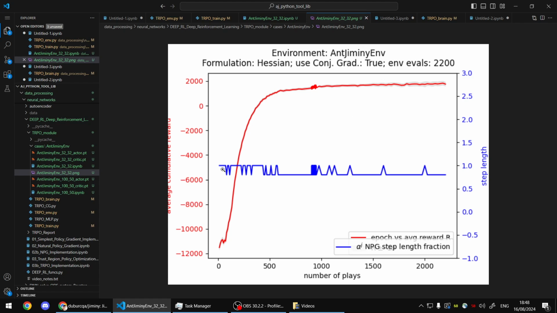You can also notice that TRPO is triggered, so it doesn't use the NPG step, it makes one step closer to the original parameters each time. Maybe I'm overestimating, but I think maybe it's faster. Okay, what about this decay? You see that there's some kind of saturation, but then